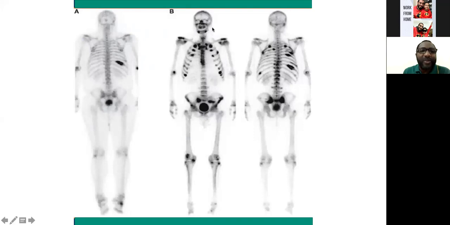Now, again, I'd like to show you what this looks like in this kind of patient. You can see that this is a whole body bone scan in this patient. You can see this is the type that is a little bit confusing. You can see that there's multiple uptake. They are focal. Some of them are linear, all right? They are scattered all over. But one of the things that you will be able to differentiate in this kind is